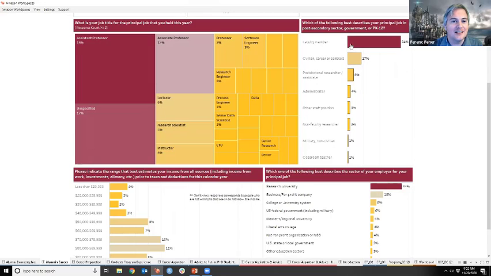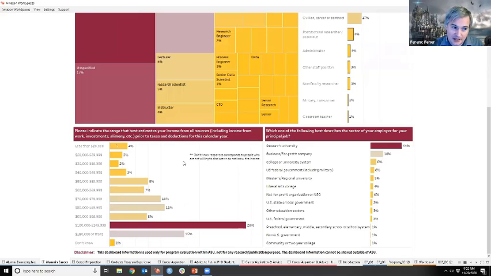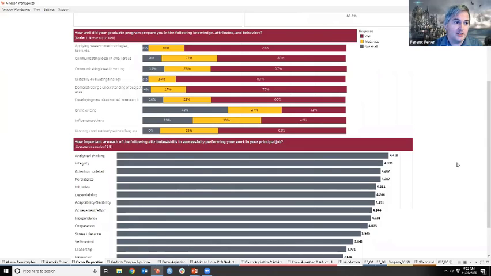Unsurprisingly, a lot of our PhD students wanted to work as faculty members, for example. And here are some salary data across the board. Looks like our students are doing quite well, with the majority of them landing in this field. And for career preparations,